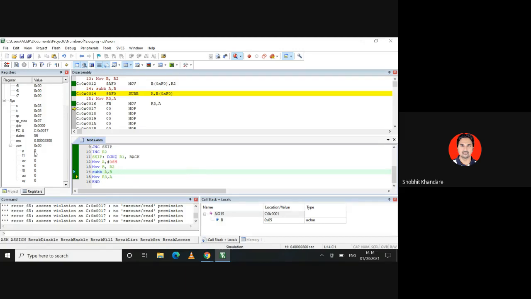Okay, but actually PSW will show you what your parity bit is. Initially we will see that the number of 1s is 5, so it is odd parity, so P will be 1, and for even parity P will be 0. So your number of ones was already 5, so here parity will be 1, because when you move 57 into the accumulator, the parity bit appears there. Okay, so this is how it should be executed.